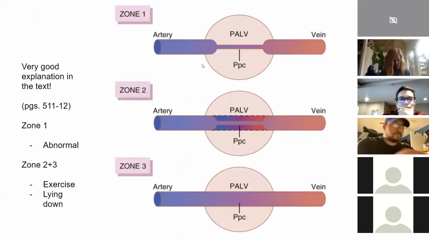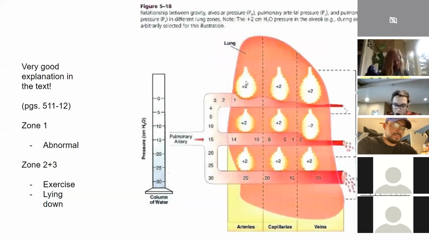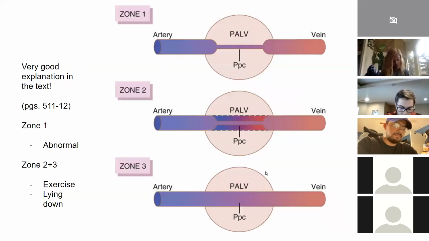There are three zones you need to think about with respect to the lung, zones 1, 2, and 3. There's a really great explanation about how pulmonary circulation and blood flow changes on pages 511 and 512. Zones 1, 2, and 3 vary basically by height in the lungs. In this second diagram, zone 1 areas are more or less at the top, and zone 3 areas are more or less at the bottom. Let me describe what's going on here.